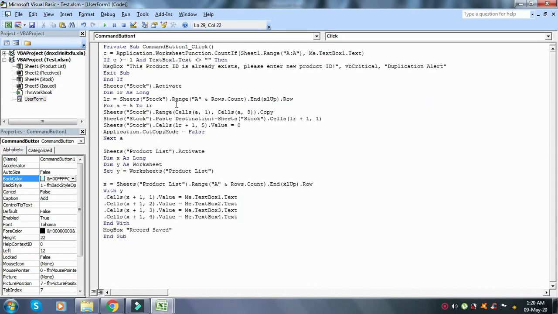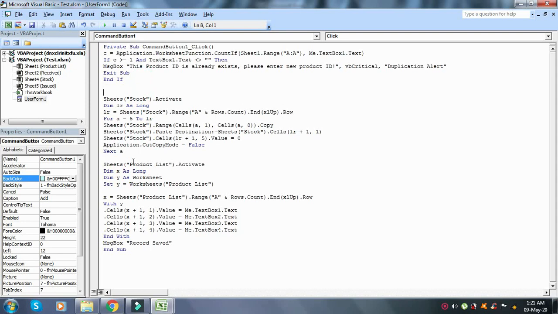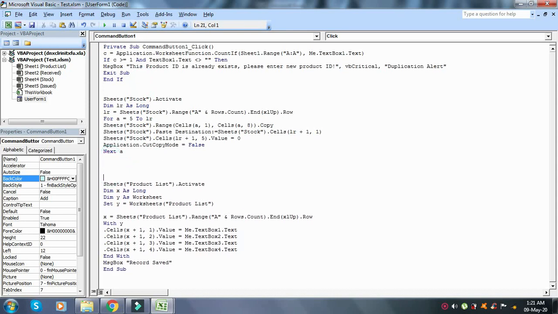We will distribute this coding in 3 parts. First part is a validation to avoid any duplication.